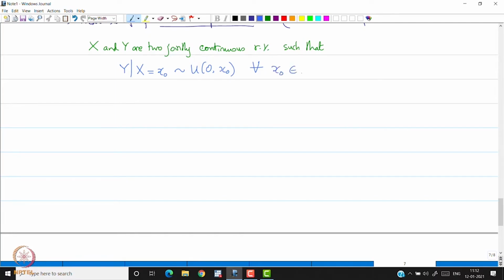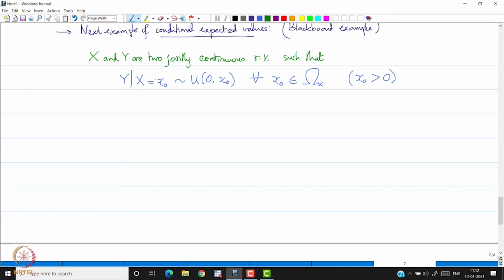in omega X, and so x naught had to be a positive or at least a non-negative number. I think on the board I wrote x naught greater than 0, so I will stick to that here. So x naught has to be basically positive, but in a degenerate case can also be 0, but we will not worry about that. But basically x naught is taken from some prior distribution on capital X. And so what this means is that